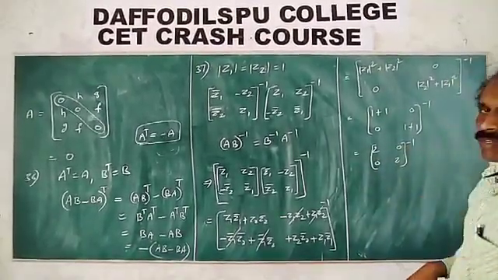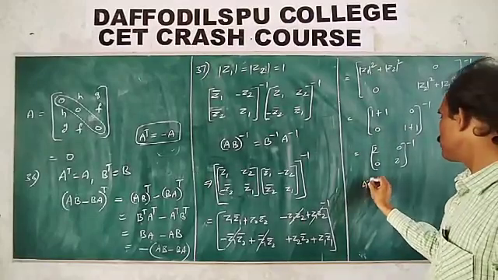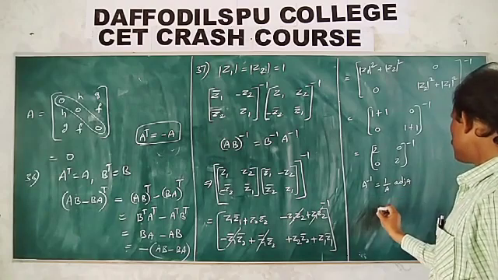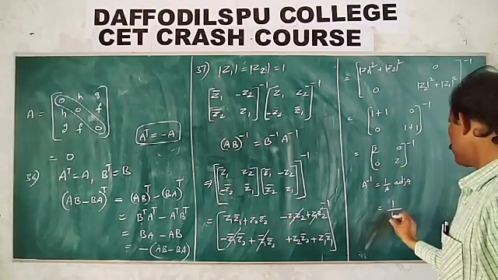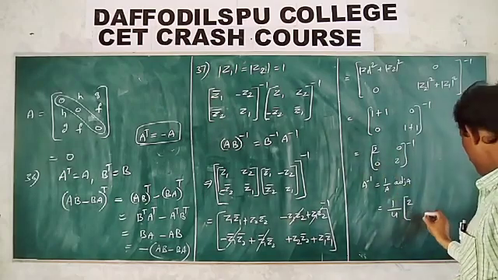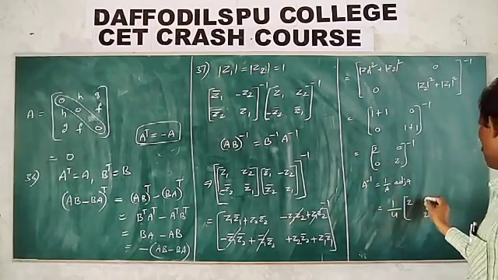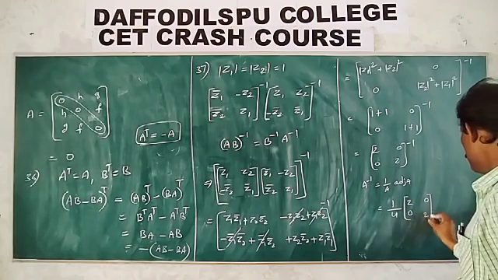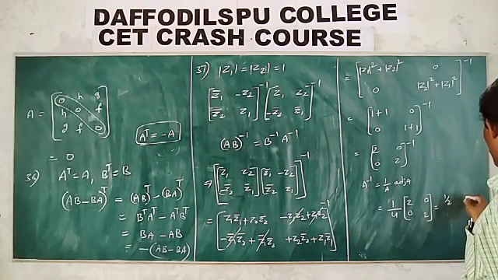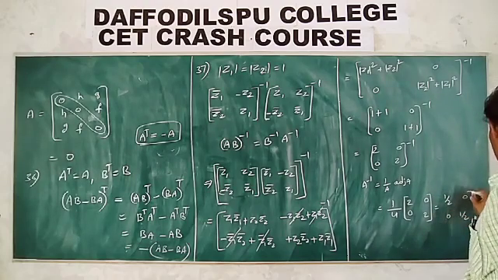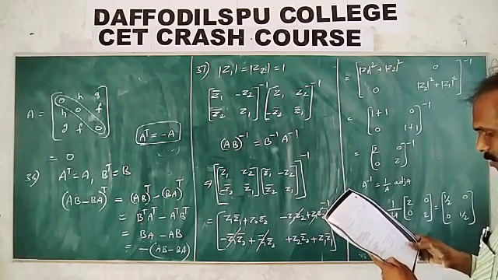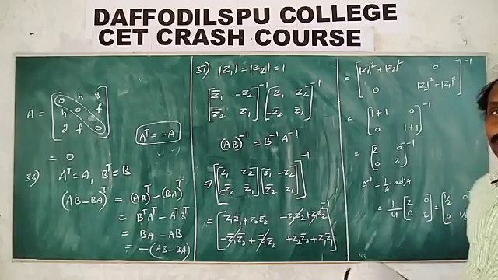So for this matrix, find the inverse. What is the A inverse definition? 1 by det A into adjoint A. What is det A? Det A is 4. Adjoint A, for a 2 by 2 matrix, interchange the diagonal elements; apply minus to the others, which are 0 anyway. What is the inverse? That implies 2 by 4, so 1 by 2, 0, 0, 1 by 2. So question number 37: 1 by 2, 0, 0, 1 by 2, third option.